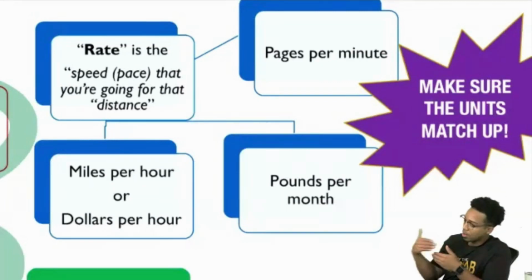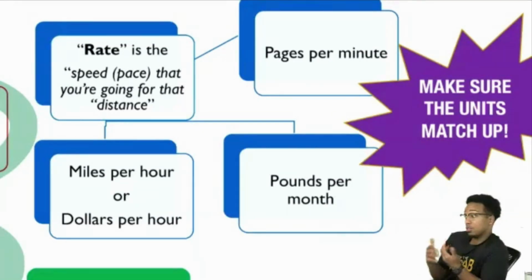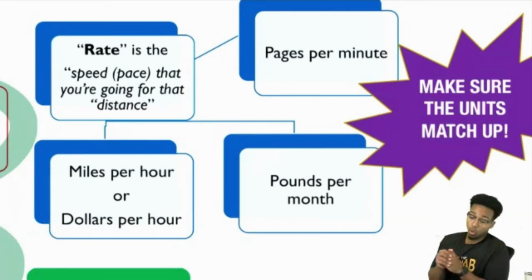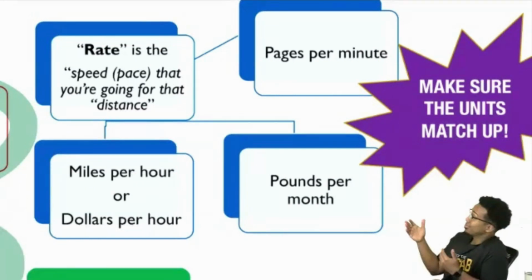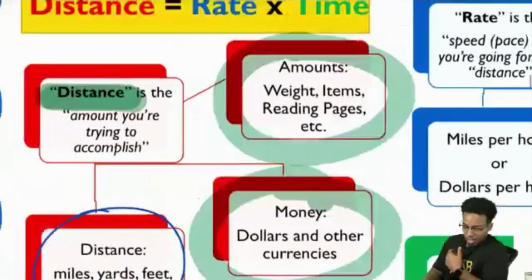Now, let me go ahead and forward the story here. Speed. What's speed? Speed is pretty much how quickly something's happening. Typically, we think of speed as miles per hour, or if you're from anywhere but the US, kilometers per hour. Cool. But here's the thing. Speed, again, it's the rate. It's how quickly you are accomplishing the distance.